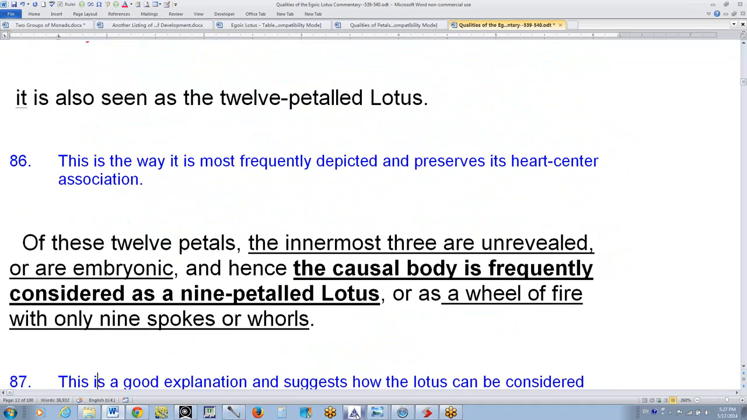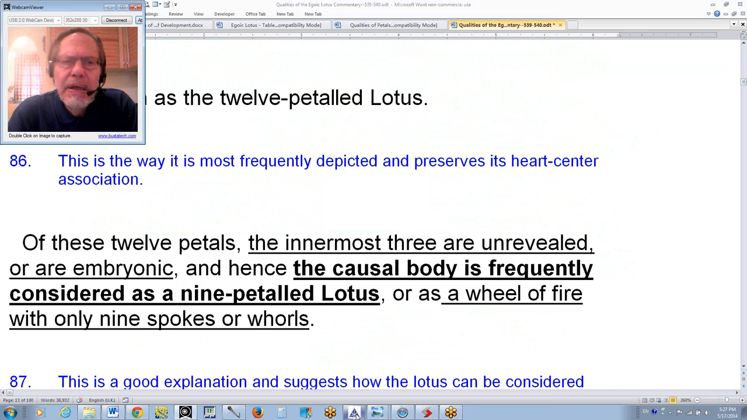It is also seen as the 12-petaled lotus, and this is the way it's most usually depicted, and most of the information that's been given to us about the causal body has not been in terms of the 9 spokes, the wheel with 9 spokes, etc., nor in terms of an angel. So it has this heart-center association, and we are really studying solar fire, higher monastic fire, when we are studying